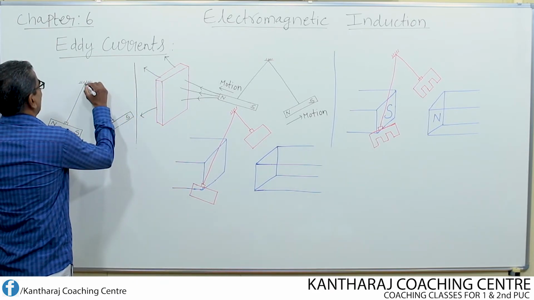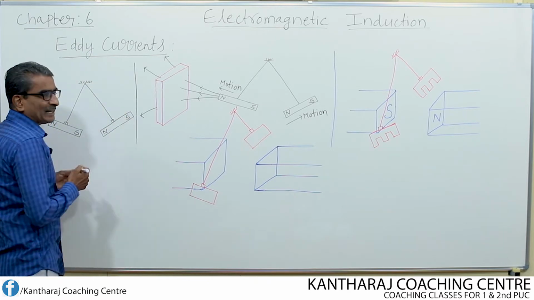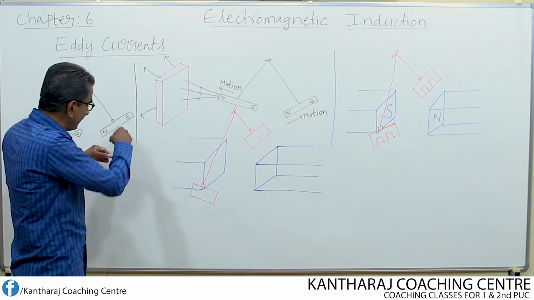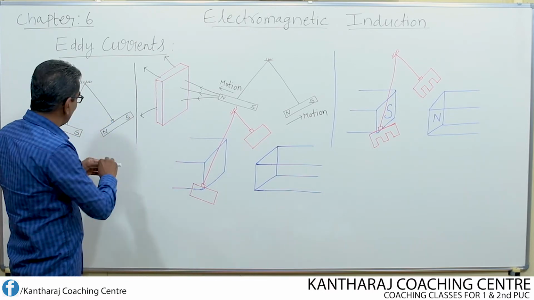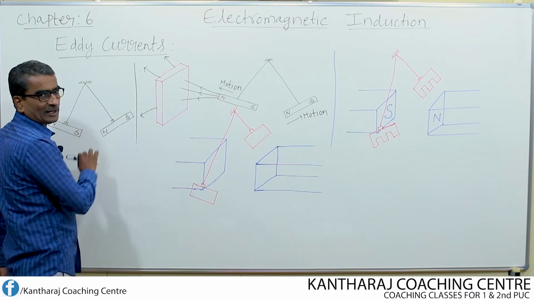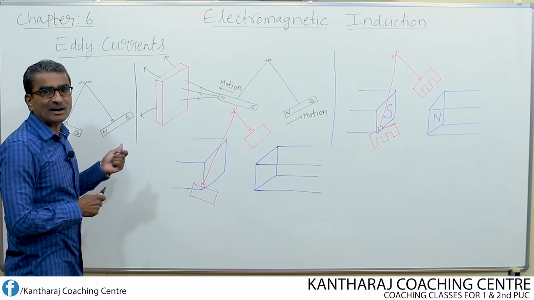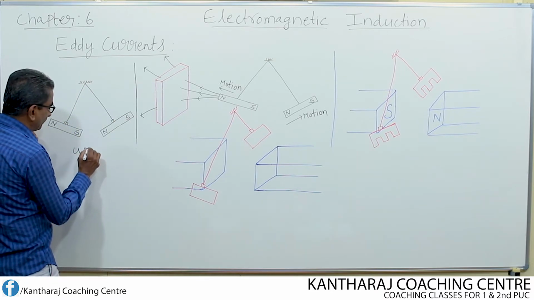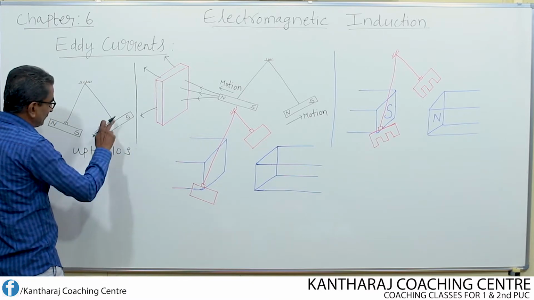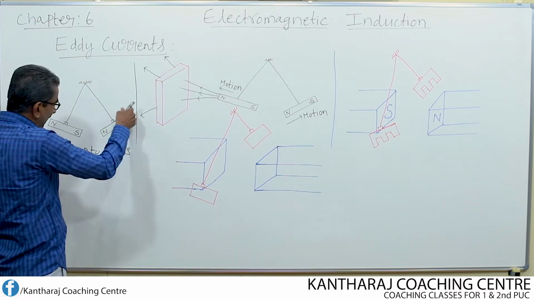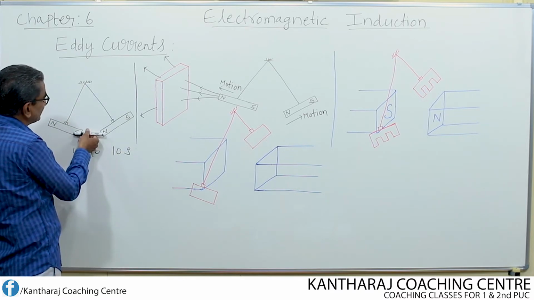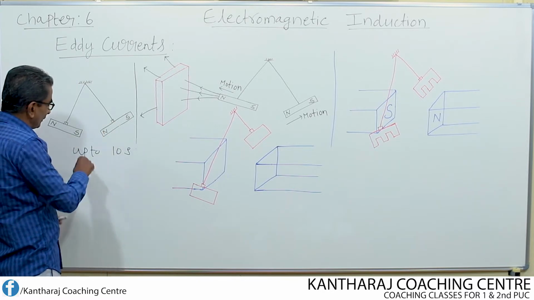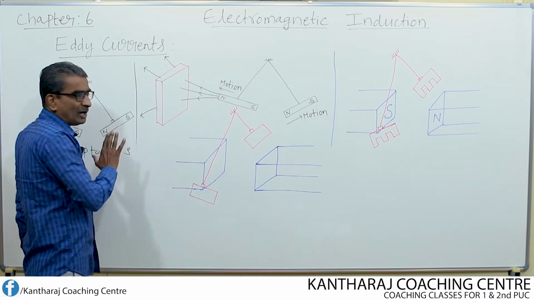Say for example, I am going to make a bar magnet oscillate. Suspend the bar magnet from a rigid support like a hook or nail by means of a string or thread. Then make it oscillate. Now what happens? The magnet oscillates, and let us say that it oscillates for up to 10 seconds. That means up to 10 seconds it oscillates, then after 10 seconds it comes to rest at its equilibrium position.